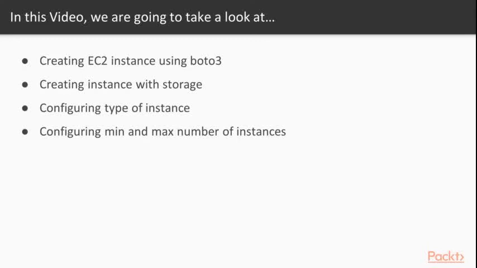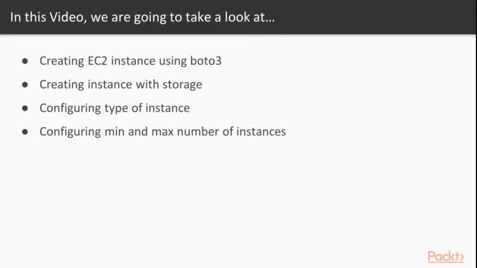Also we'll be configuring the type of instance. So we will see what kind of instance it should be, because on Amazon we have multiple types of instances. Some are larger with better CPUs, some are weaker with less CPU, less memory, and so on. So we will pass a specific type that will be a great fit for medium performance use. At the end we'll be